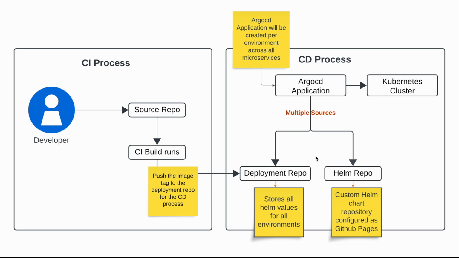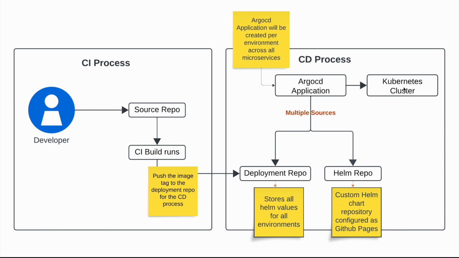which values file will it use to get triggered? It is your deployment repo values file. If you change anything in the Helm repo, nothing will happen to your application. And then the last part is your application will be deployed to the Kubernetes cluster. So this is the simple architecture to deploy any application on a dev environment. I have not talked about the release process yet. It's just a dev environment.